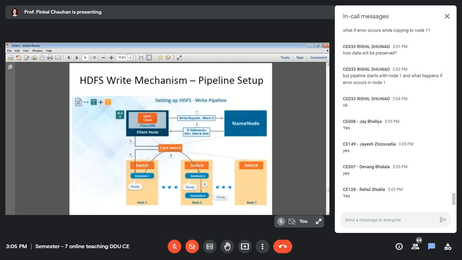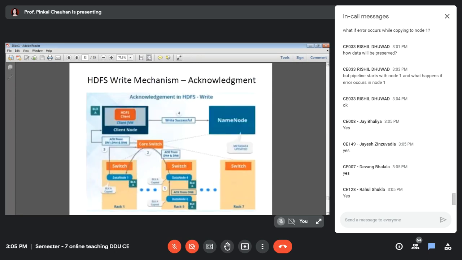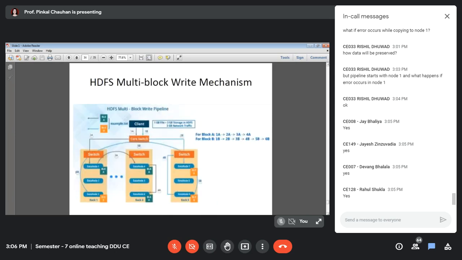So the next one is about multi-block. We just talked about block A, but we have block B as well. Because we have understood it for one block, now let's go for multiple blocks. So let's say there are two blocks which we want to copy. For a multi-block write operation, for each block, the procedure is the same as we have seen previously, and that same procedure is followed for multiple blocks. But that is done parallelly.